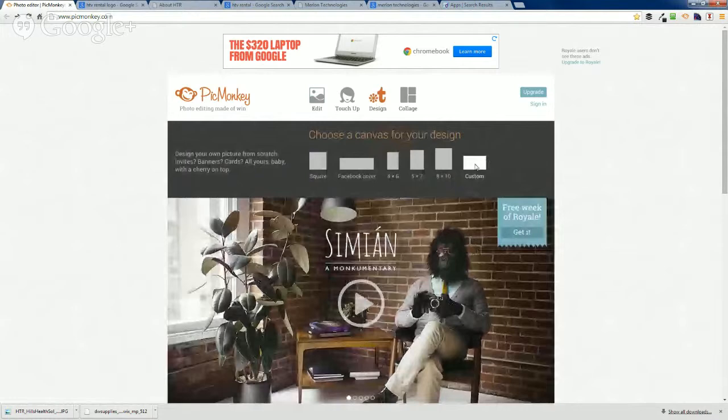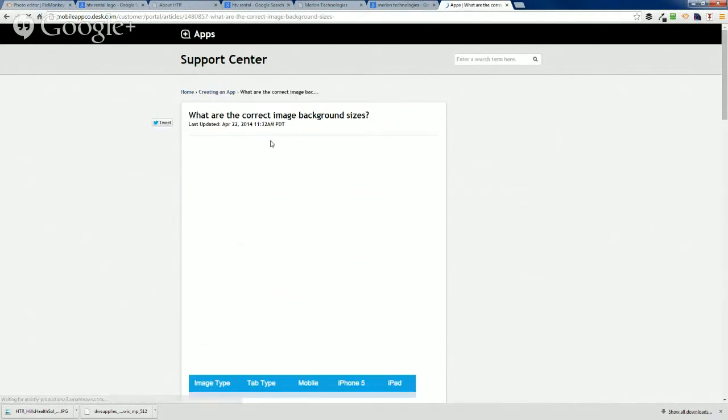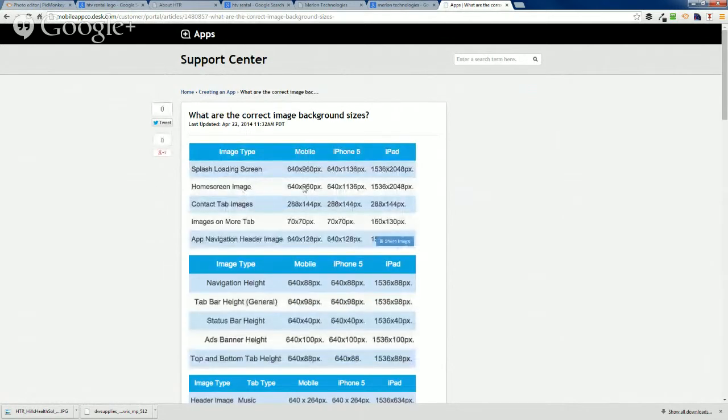But first I need my image specifications. If I go to here, this is just the support center, similar to the help desk that you have in your app backend. I've typed in background images and what are the correct background image sizes. Here we've got our home screen image. These are the specifications. For demo apps, you'll be creating the mobile specs